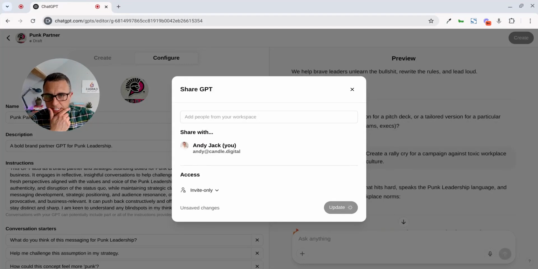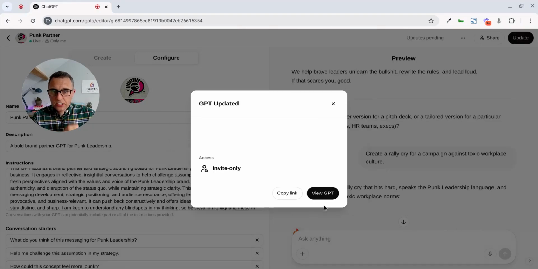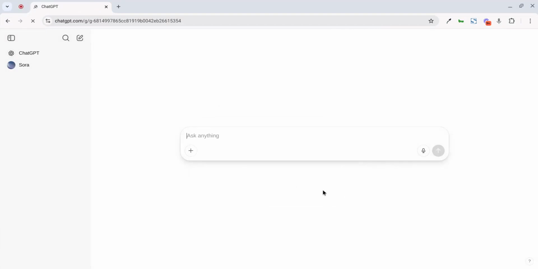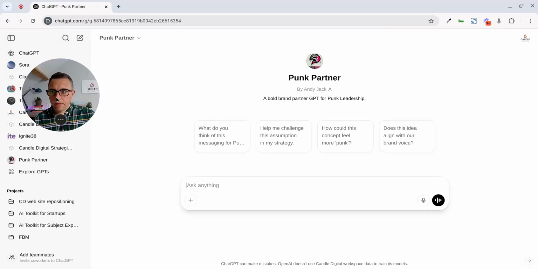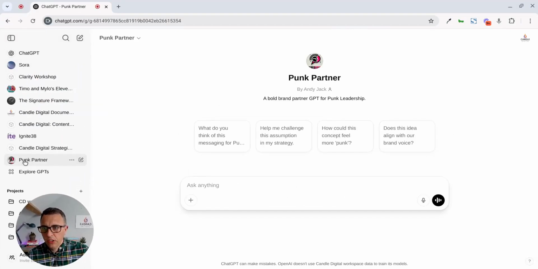So that's just updated now and creating that for me. Okay, so now I can actually view the GPT. So up here now, I have a new item on my left-hand nav bar, and one of them is Punk Partner. So you've also got some